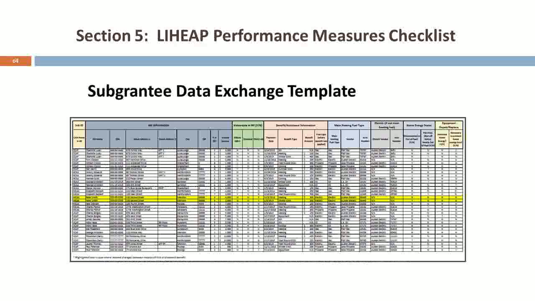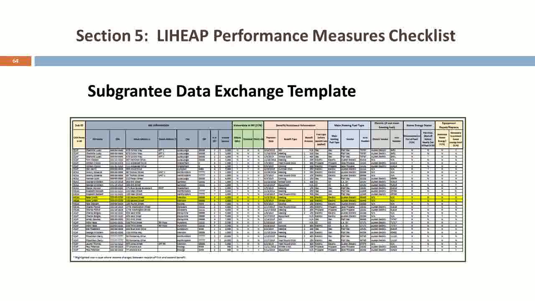And as you can all see on the screen, if you go into your packet, this is in your packet. We visited, we had the honor, and really I'm being sincere when I say honor, of visiting Texas and Arizona and Oklahoma and talking to them about what data they currently collect from their subgrantees and what we would need to add to that in order to be sure that they could collect on upcoming performance measures. This set of data on this sheet is the minimum data you need from your subgrantees to complete the household report, grantee survey, and the performance measures.